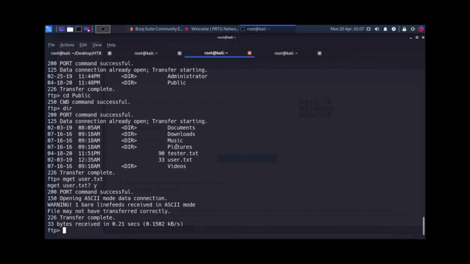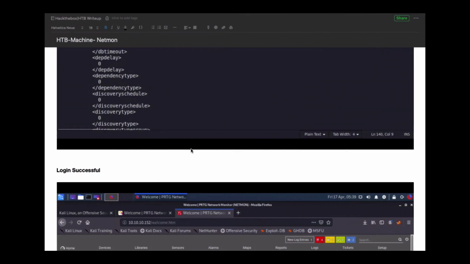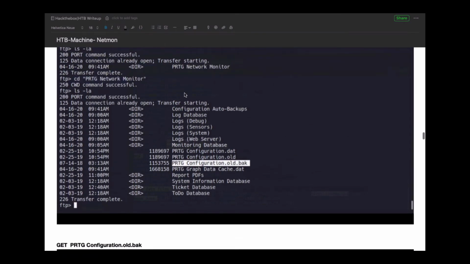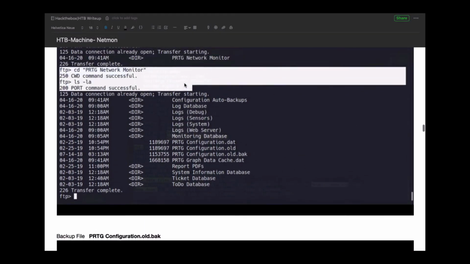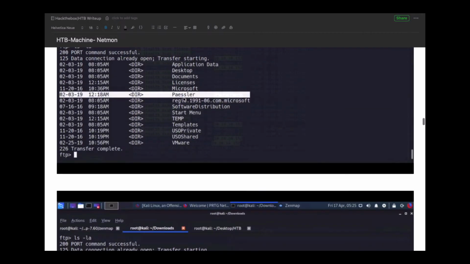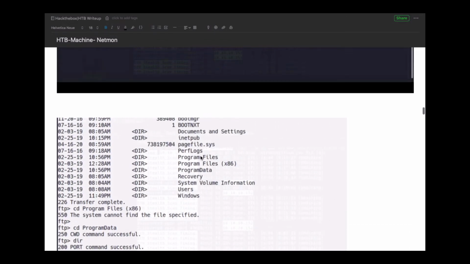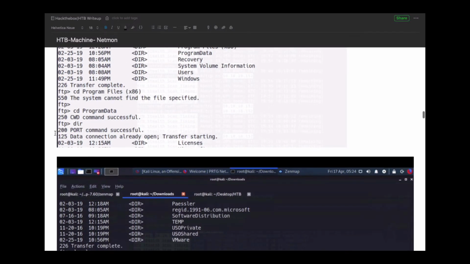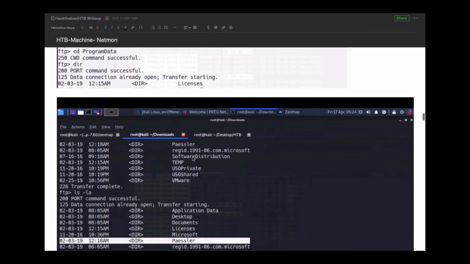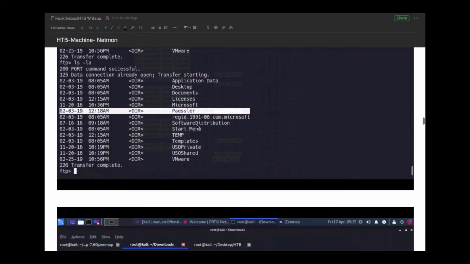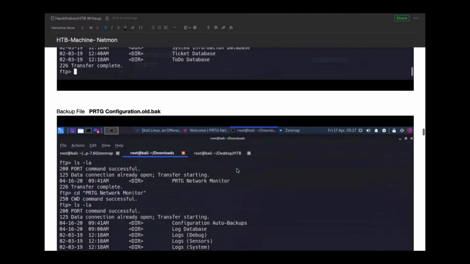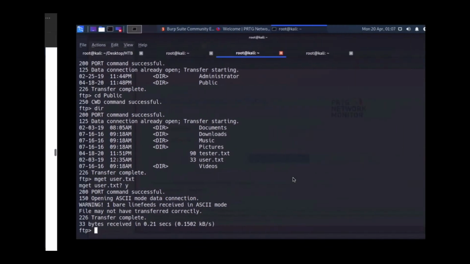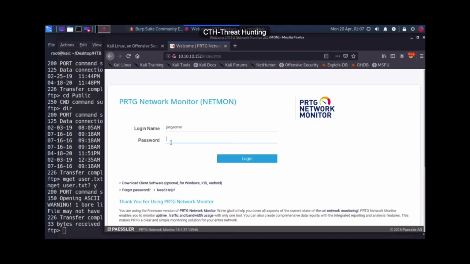Here there are many folders available. You can connect again and download this old backup file, which I did here, the same thing. You can easily see I went to this folder and checked the other file, and I directly moved to this program data and dir, and here you can see these particular files are available. I downloaded this particular old backup file, and using Leafpad I identified the username and the password, which is here. Now you can directly log in with this username and password.